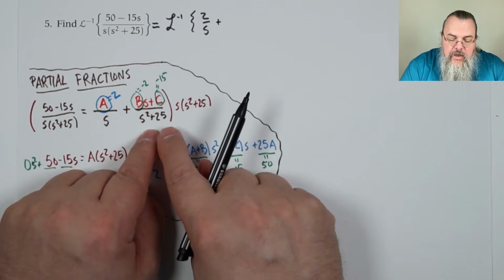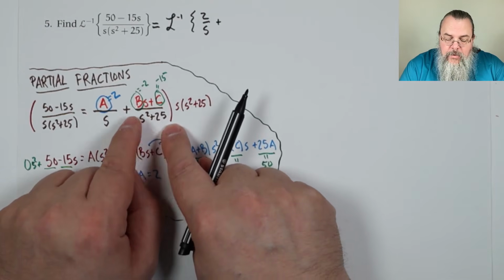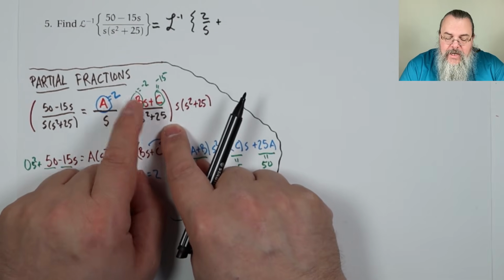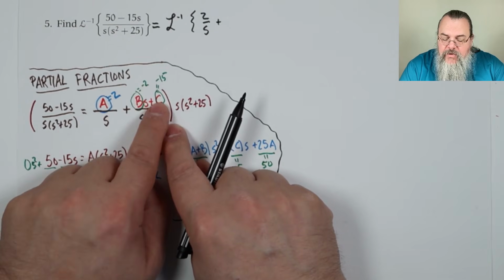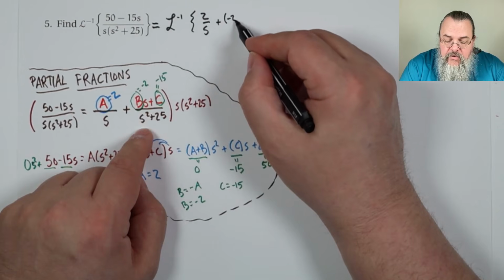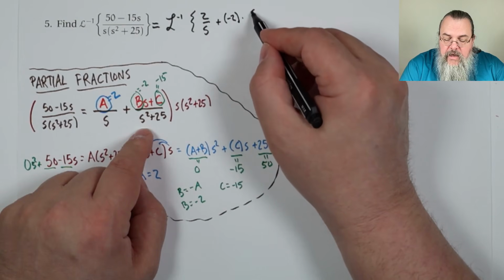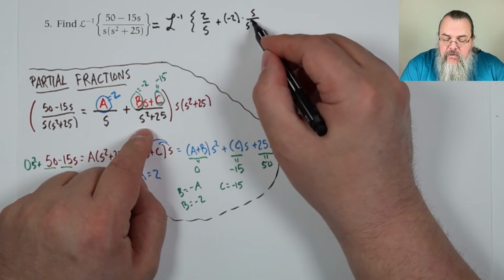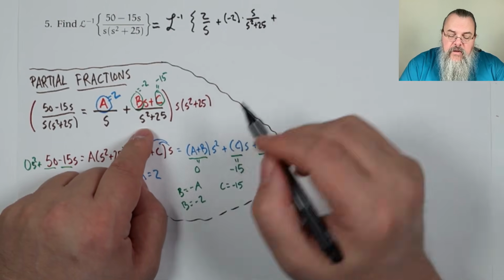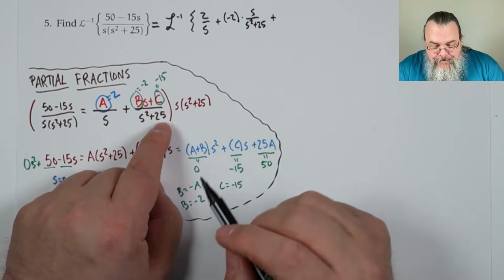Now, we can take advantage of this, right? We see s squared plus 25, so there's no shift. So we'd like to have things with just s and things with just a constant. So let's do that. So I'm going to put a minus 2 times s over s squared plus 25. And then plus, and let's be careful here,